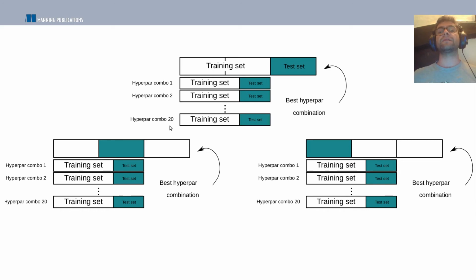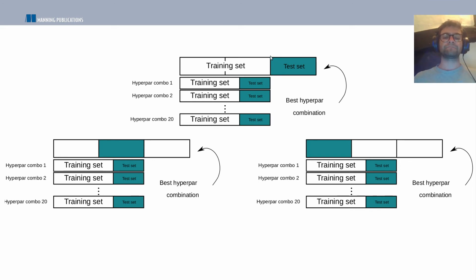We were going to only do 20 iterations of our random search. And then at the end of this, we've got 20 models all trained and evaluated with 20 different combinations of hyperparameters. And we're going to take the model that gave us the best performance on its test set, and we're going to pass that winning combination of hyperparameters up to the outer loop. So this is the inner loop, and this here is the outer loop. Then we're going to train a model using this training set, using that winning combination of hyperparameters, and then we're going to evaluate it on the outer